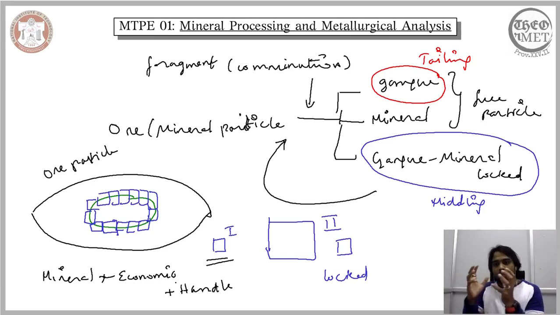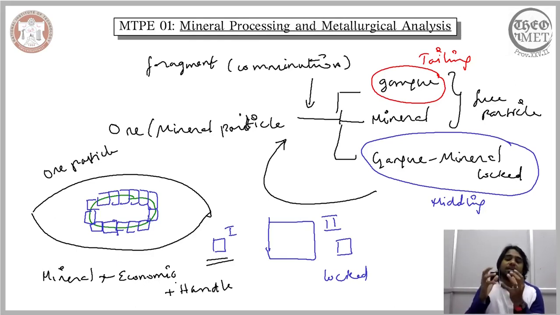So this will be economically beneficial to us, and ultimately such an approach will not give us identically sized particles, but rather it will be economically beneficial, and this will increase the portion of the free particles that are available to us. And finally, this iteration process of subjecting the locked minerals to comminution will stop, or a factor governing that